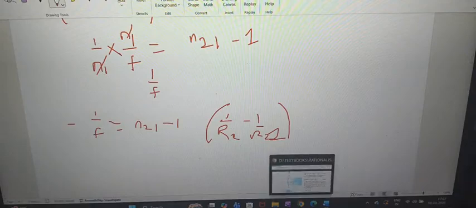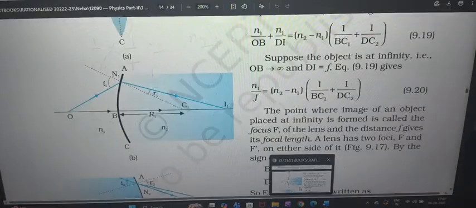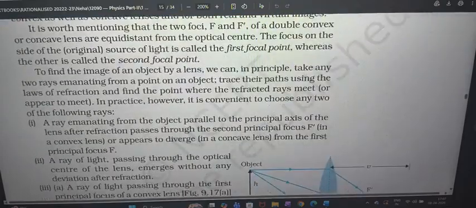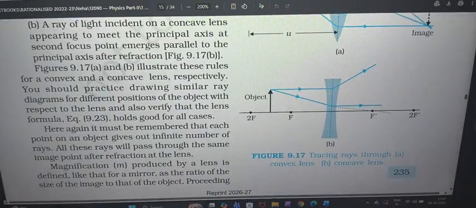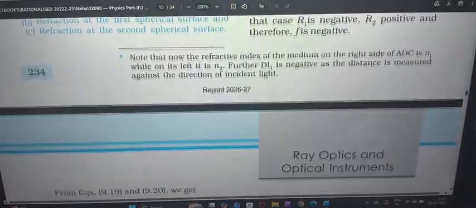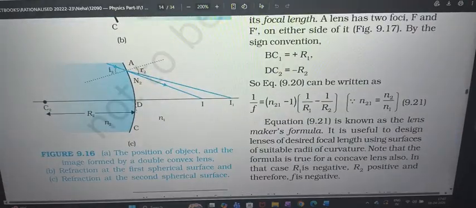If you forget it also, you can draw the image and see. If you draw the concave lens, you are able to see that this concave side is the first reflecting surface. If that is the side, then this side should be considered first. Then instead of 2 everywhere, you will write 1, because this will become the first reflecting surface when it comes to concave lens. So that is how it is interchanging.